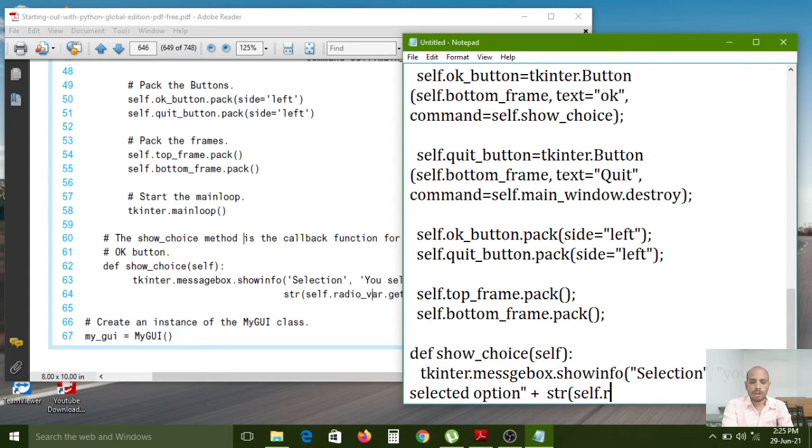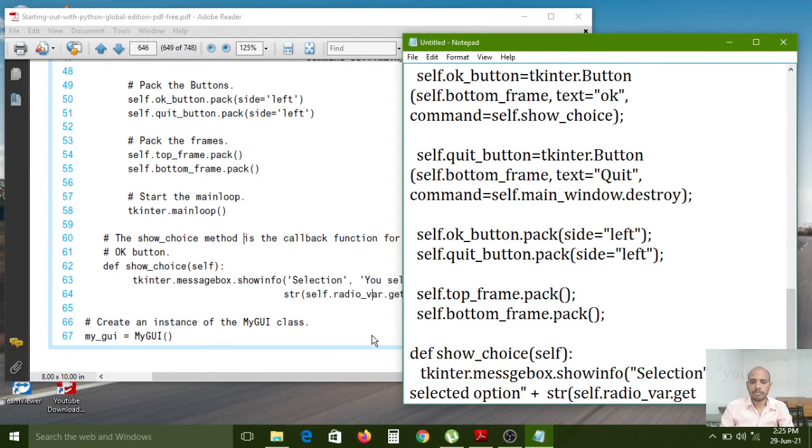Self.radio_variable is what needs to be converted into a string. You need to get the value from the radio button. If you select any one option, the get method will collect the value.